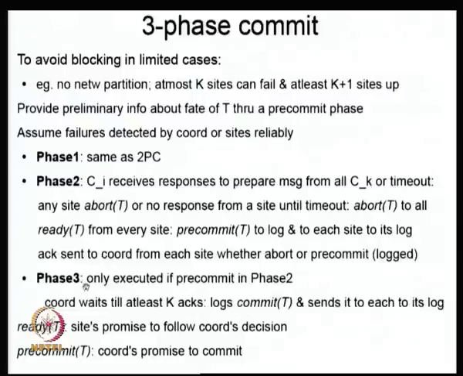So basically, as I mentioned, at least k plus 1 is basically waiting for a majority of acks. I think it should be k plus 1 here. It should be k plus 1, at least k plus 1 acks, sorry. So it waits till the majority number of acks, and then it logs commit T and sends it to each log. Notice that the parties already have some idea about what the coordinator was thinking about. That is why, if there are some failure situations, once they see pre-commit, they know that they can proceed, and we will come to exactly these situations.